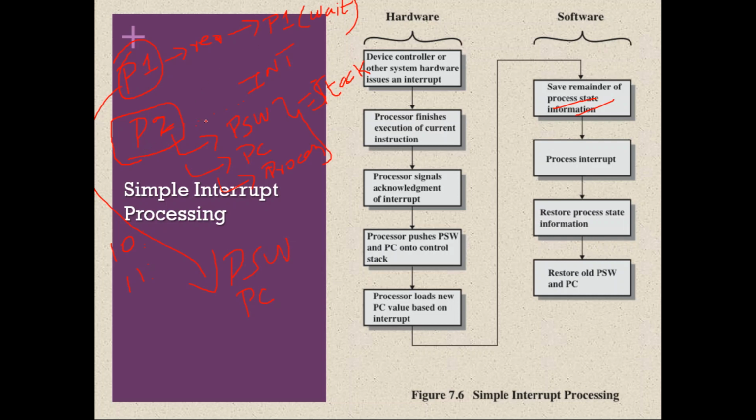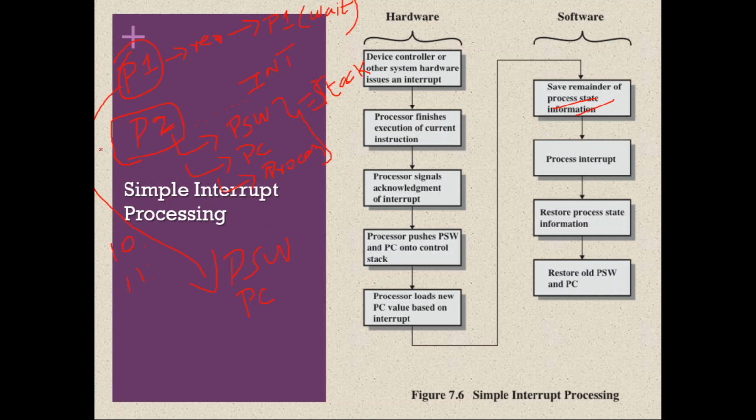But after executing P2 for some time, there is an interrupt which says that the IO operation for the process P1 is completed. Now CPU should go back there, but it cannot go back just like that. It should put P2 in wait state. Before that, it should push the PSW, PC and process state information corresponding to P2 into stack. Then P2 will get into wait state. Now the processor should start executing P1.